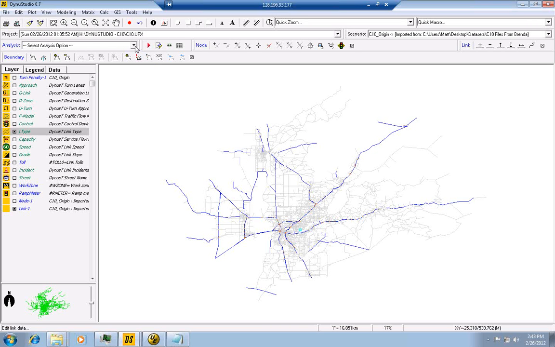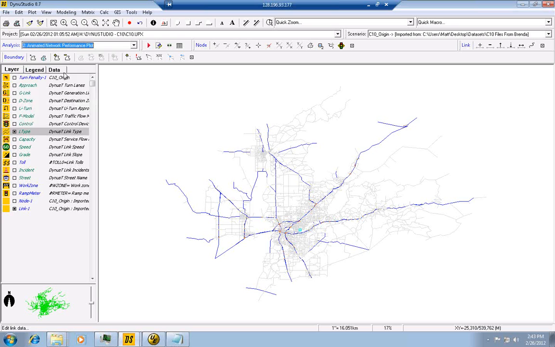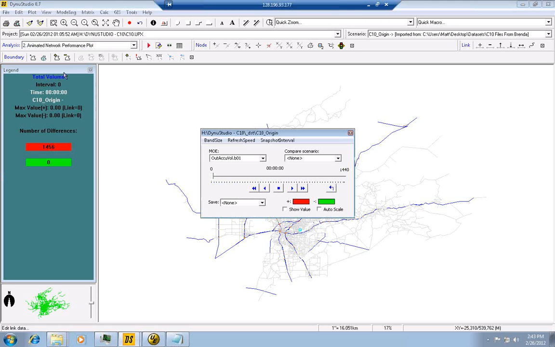There are a few options that the user can choose to visualize the results, and all these capabilities can be accessed in this analysis tool button. I'll focus on a few that may be of interest to the audience. First of all, I would like to show the animated network performance plot. When I click on the network animated plot,